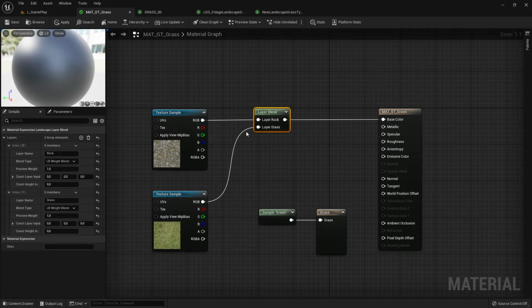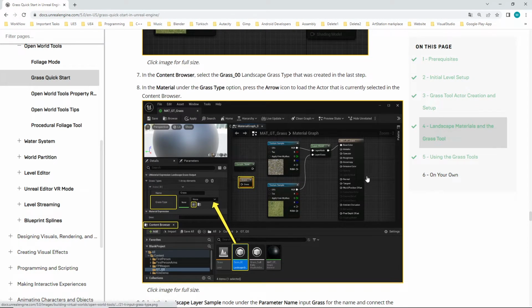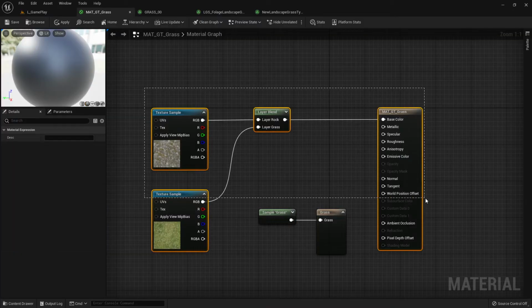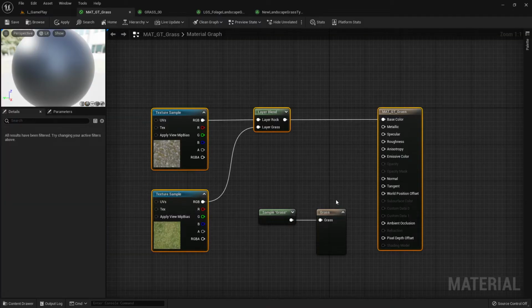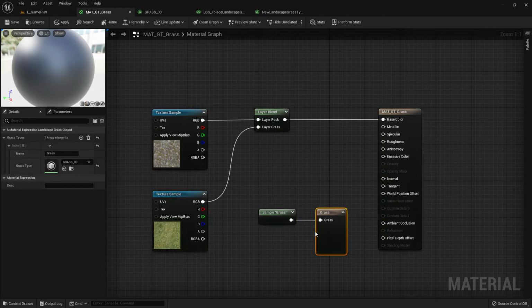They are named, and then you connect this one to the base color. Perfect. With that said, they go to the next part, which is this. This is new, because this other thing here we know from painting on landscape. This is absolutely the same thing, but this one is new. We start with this grass